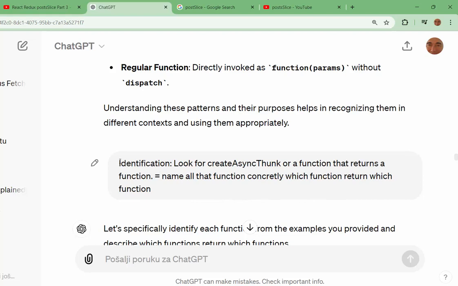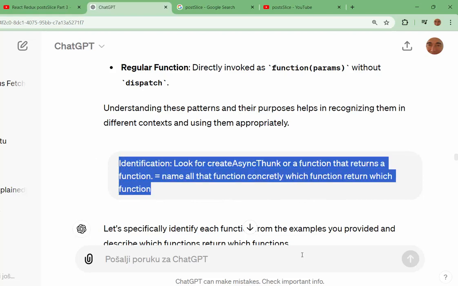Here is what I copy. Identification: look for createAsyncThunk or a function that returns a function. And I copy that.